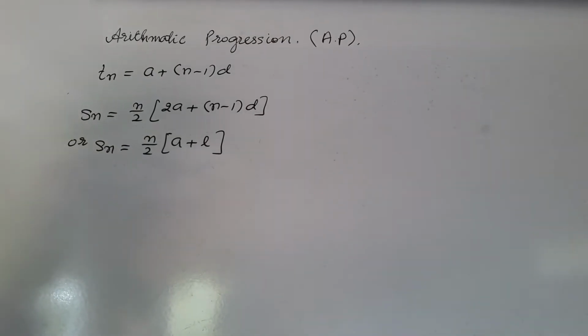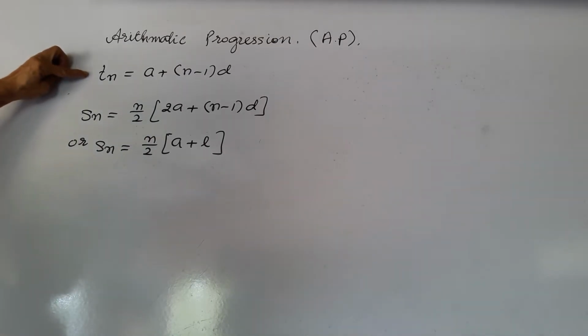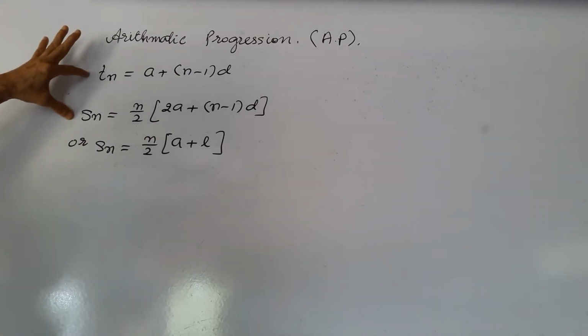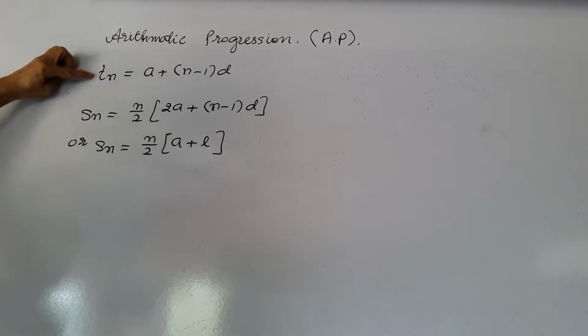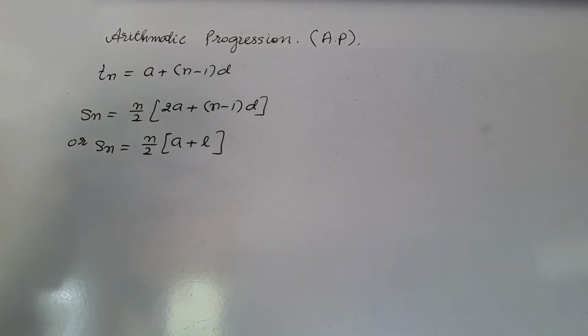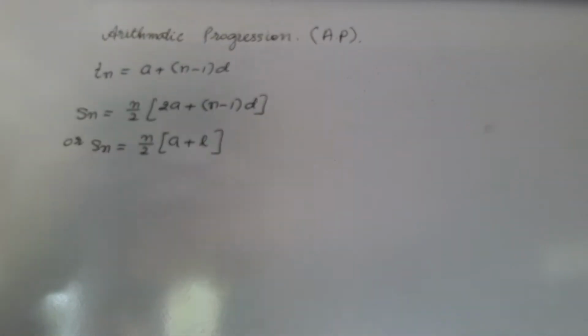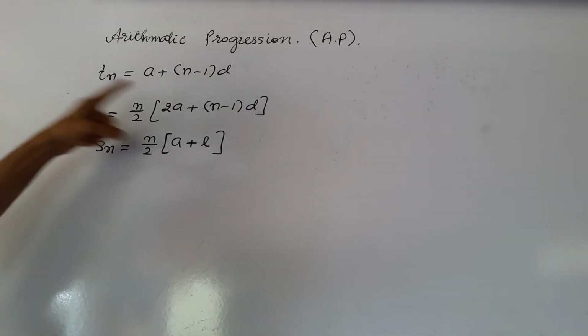Today, let us take arithmetic progression. Now, once again, as a revision, I would like to explain to you the arithmetic progression. Actually, we know that in arithmetic progression, there are two very important formulae. One to find the term, and the other to find the sum of the terms. Now, this is to find the term. Suppose we have to find the 10th term or 11th term or 20th term, then how to find? We'll find that in this